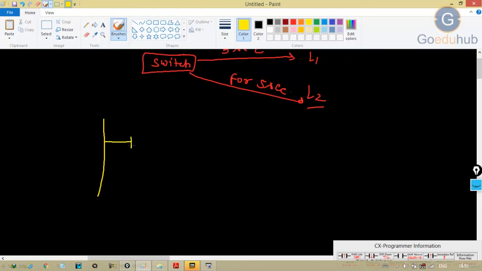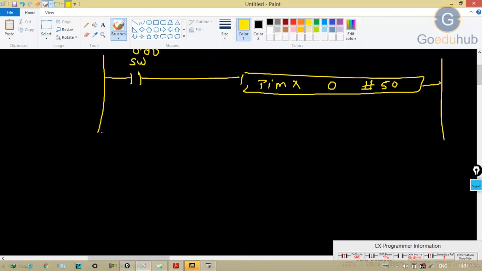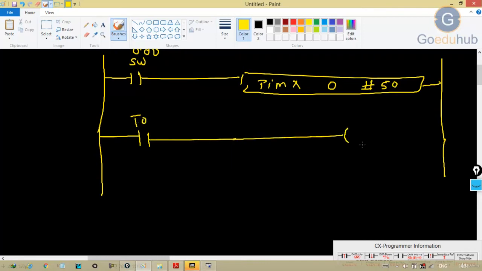So this will be the same as we have done. First take the switch, that is 0.00, then give this to your timer X. That is 0, preset value will come here as 50. Now see what will happen if I provide NO contact of T node. Here your output is L1 that we discussed just now.